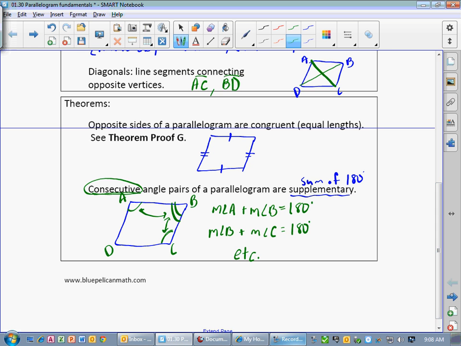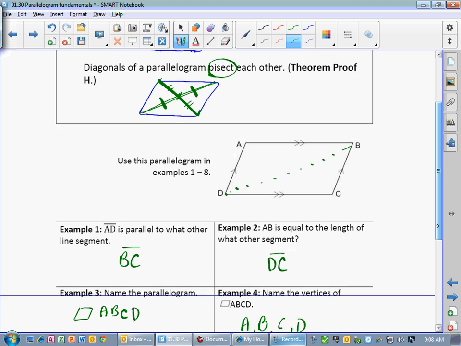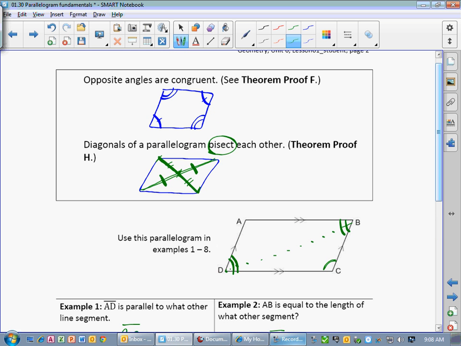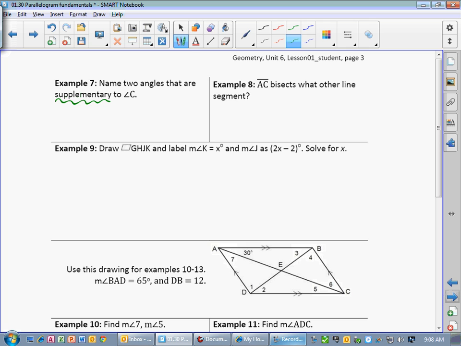So consecutive. So let's look at our picture. What angles are consecutive with angle C? Well, D, if we go this way, and then what's the other one? B. Now notice, what do we know about D and B, by the way? What's the other theorem say? Opposite angles are congruent. So if these are the same, well, of course they're both supplementary to the same angle. Okay? So angle D